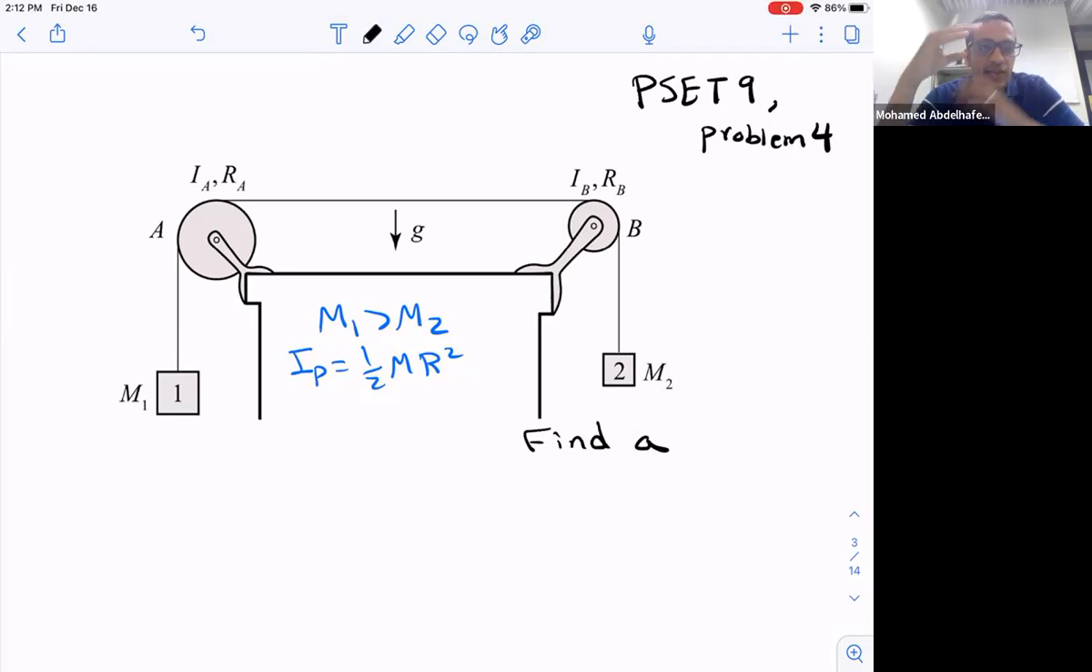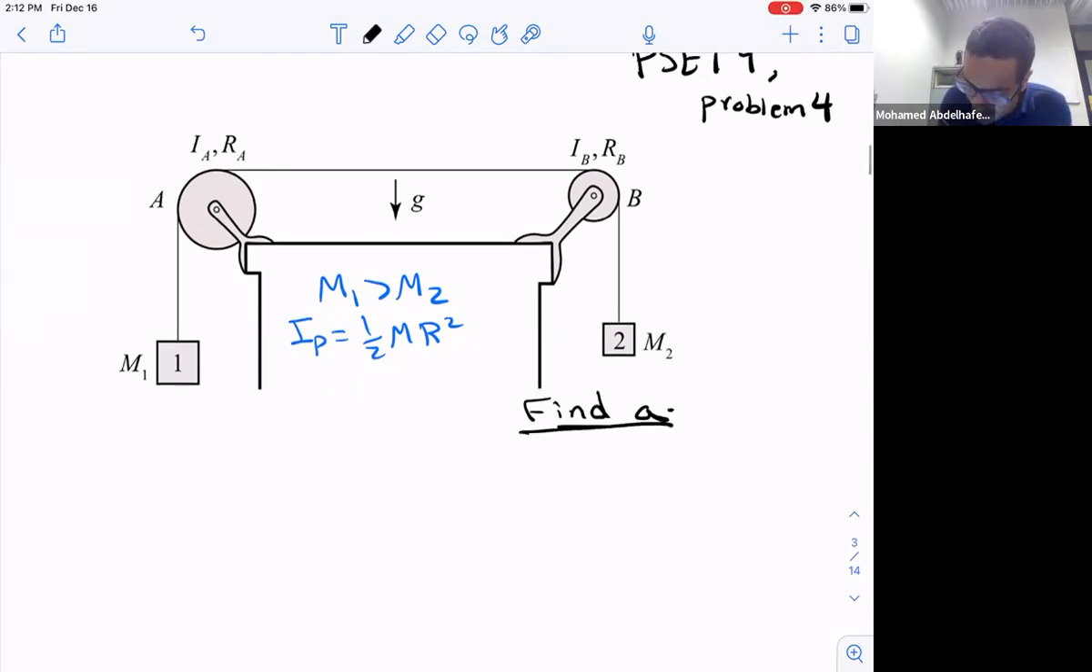In terms of the big picture, this question is asking: find the acceleration of object 1 or 2. Finding the acceleration immediately means we should be using dynamics. That's the first question you ask yourself: dynamics or conservation? No, dynamics. Why? Because I need the acceleration. So we're good. The second thing, once you determine you want to do dynamics, is to draw a free body diagram